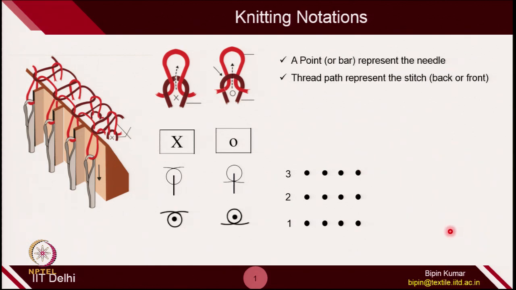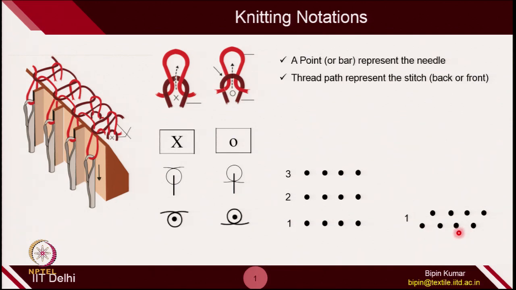Similar to the single bed needle arrangement, you have also learned about needle gating. If you remember, in the needle gating we showed you how in a rib machine, even in a double bed machine, the needles are not facing each other for the front and back bed. So, when you are making a fabric on a double bed machine, you can represent the needles according to the gating of the needles. This is how you represent double bed needles.